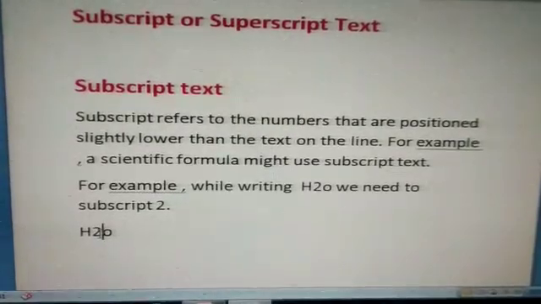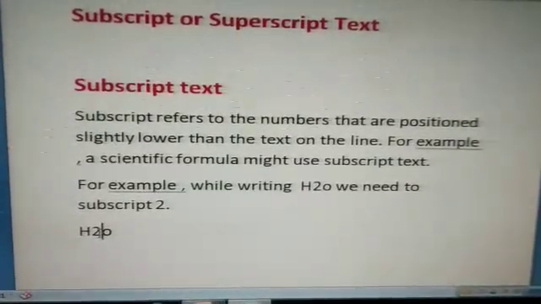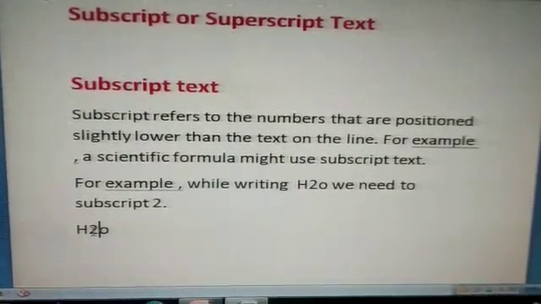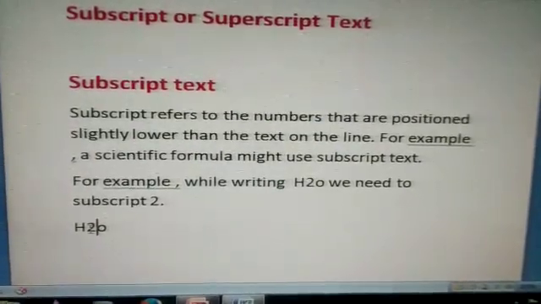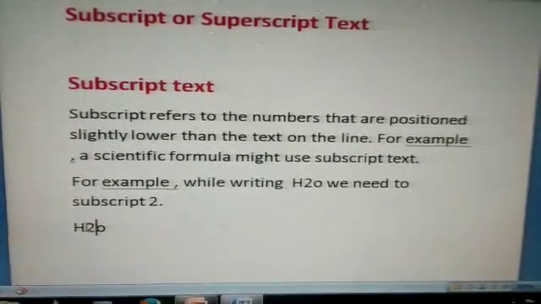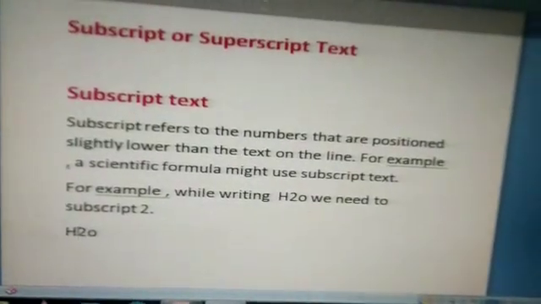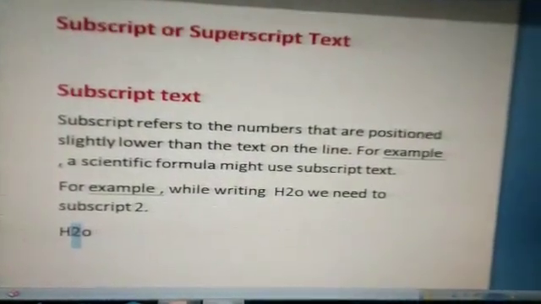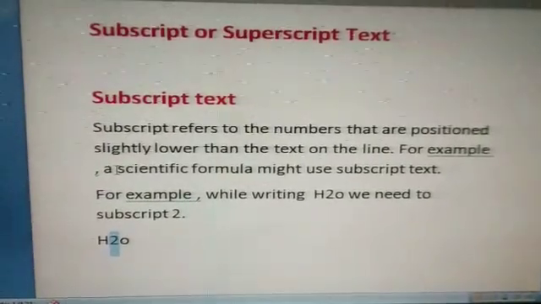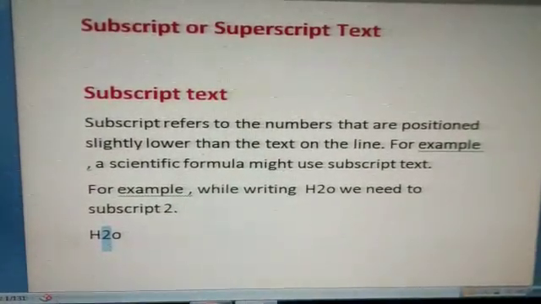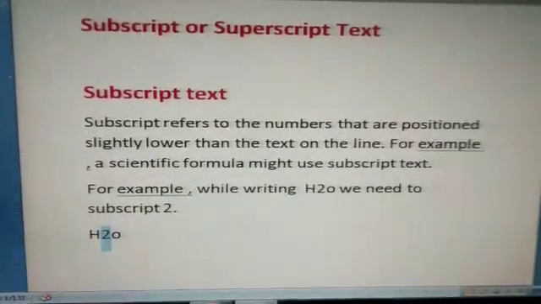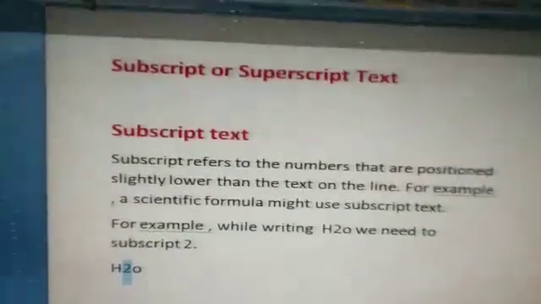So how do we apply subscript text? First, select the text you want to subscript. We want this 2 to be subscript, so we have to select this 2. I have selected this 2 with the help of the mouse. Then in the Home tab, go to the Font option.